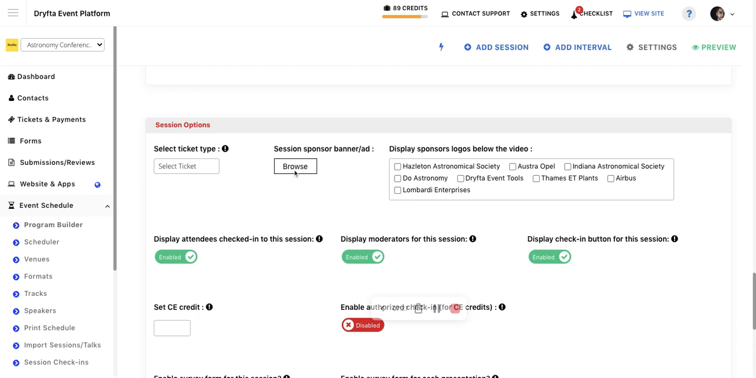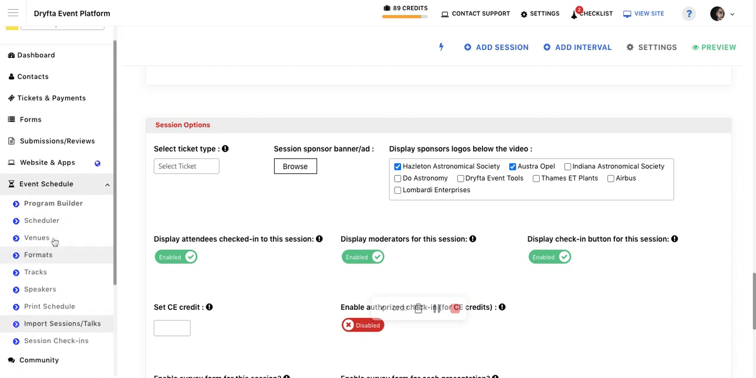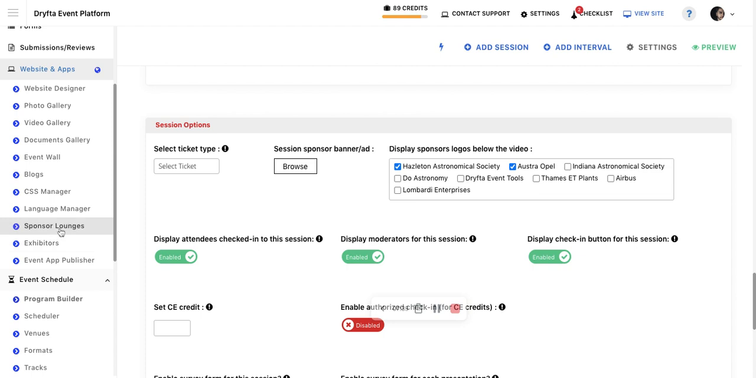You can also upload the sponsor banner. You can also select the sponsor logos that you want to display. So these sponsors are being fetched from the sponsor launch, where you have created all these sponsors. Once you have created the sponsors, they would all display, and you can then choose the ones whose logos you want to display